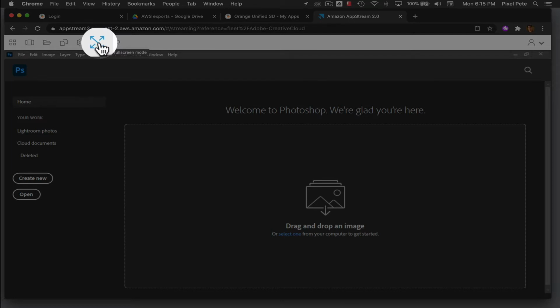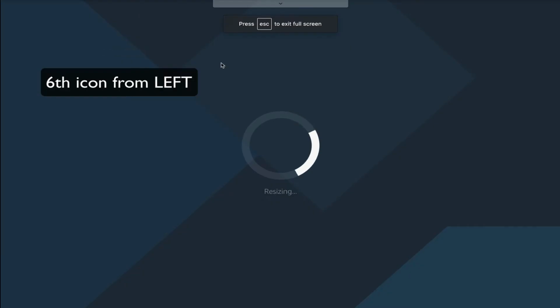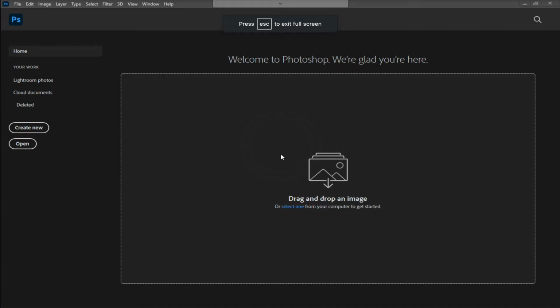Enter full screen. That way you're going to get the maximum space without seeing the toolbars and all that for Google Chrome. Okay, so I would choose the 1 2 3 4 5 6, the sixth icon from the left. Click on that so that I'm going to be in full screen. Alright,